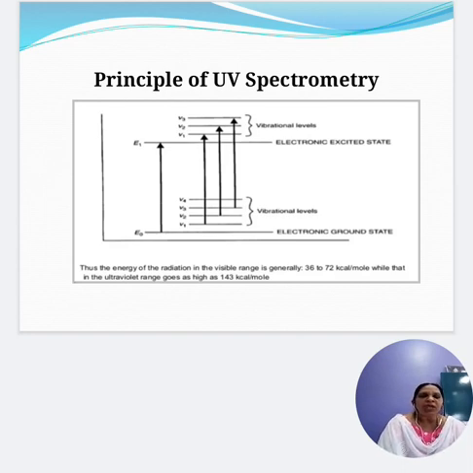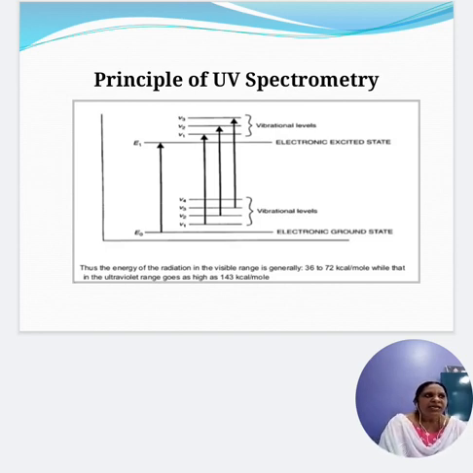The molecules absorb the radiation, and the electrons present in the molecules will change their states from ground state to excited state, from lower energy levels to higher energy levels. So in the figure, in the graph, we have seen the electronic ground state, its energy is E0. When it gets excited, what happens? It goes to the higher energy state, that is the electronic excited state, E1. So the final total change in the energy is E total is equal to E1 minus E0.